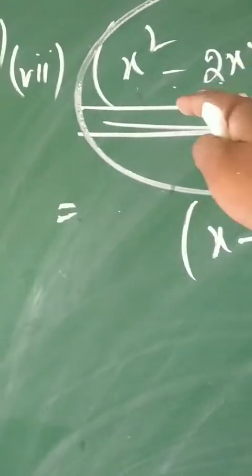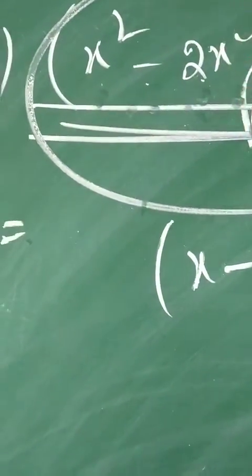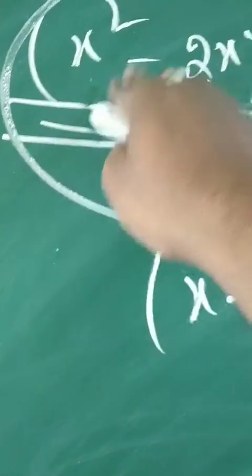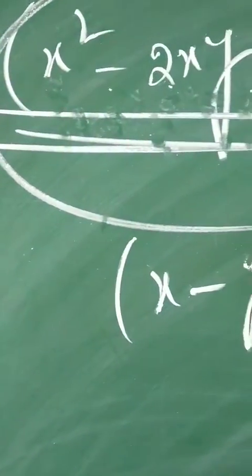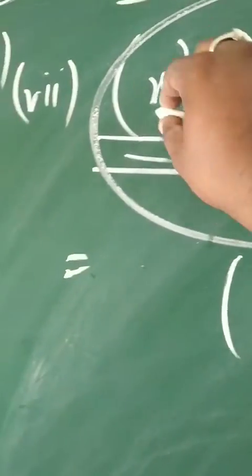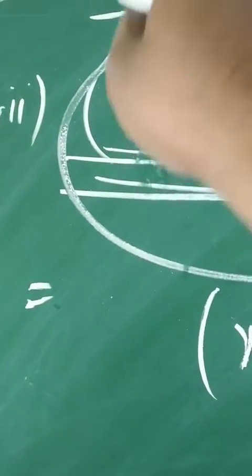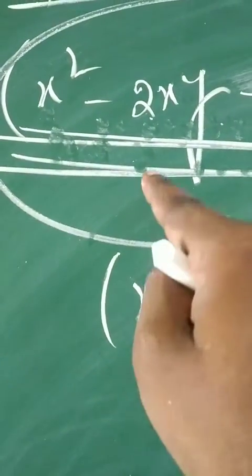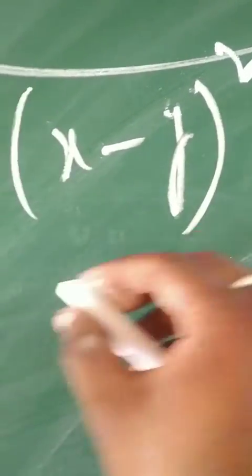Here it's written x square minus 2xy plus y square. It was replaced by the actual identity, which was a square minus 2ab plus b square. No matter whether it's a or x, there is no difference at all. The thing is whether the format of the identity is matching or not. Yes, it's matching. So I can apply the identity of a minus b whole square. That's why I've written over here x minus y whole square. The next one is minus z square.